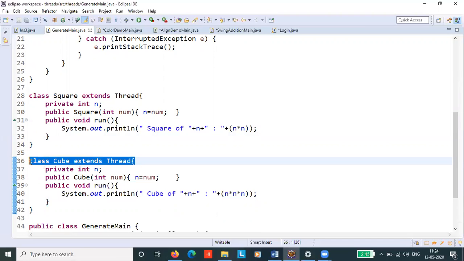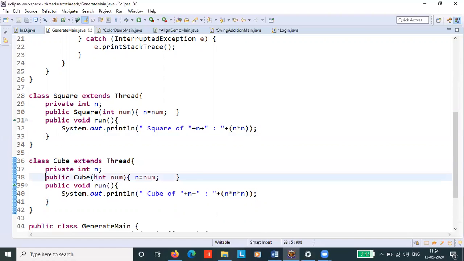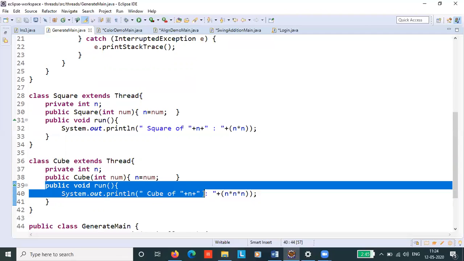So it is one more thread, wherein again you have a constructor to get the random integer number. The job of this run method is to calculate the cube of the random integer and display it on the console.